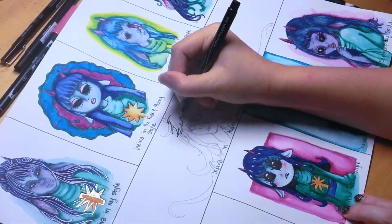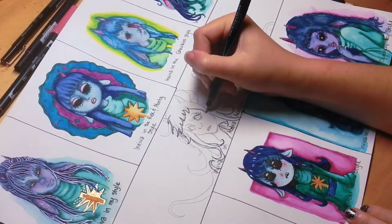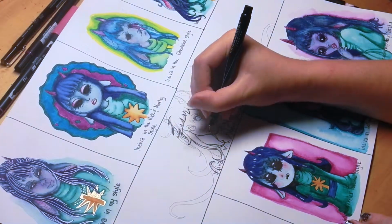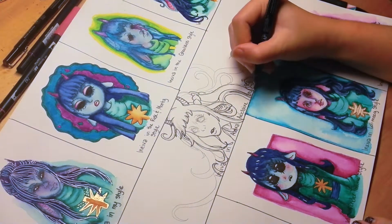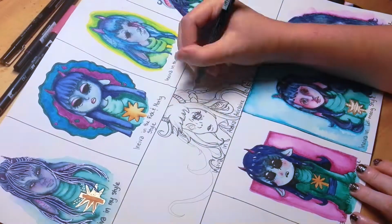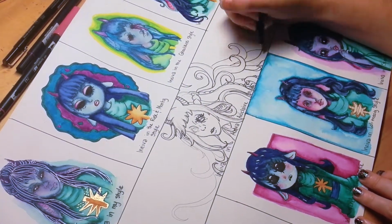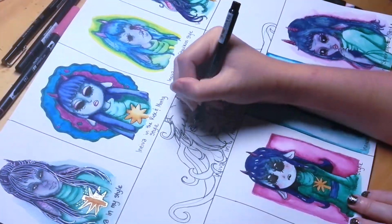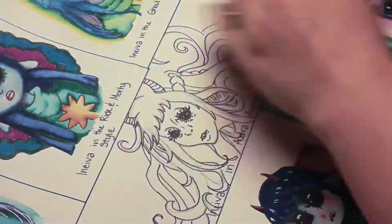But anyways, I really enjoyed how swirly and soft the hair was again. I definitely need to take more of that and use more of that in my style. I do for some people, and I really love drawing curly, soft hair. There's just such bounciness to it and such beauty to it that I would love to do it more often. But I just generally am not thinking about it when I'm so focused on making sure the poses are all right and making sure that everything in the comic is